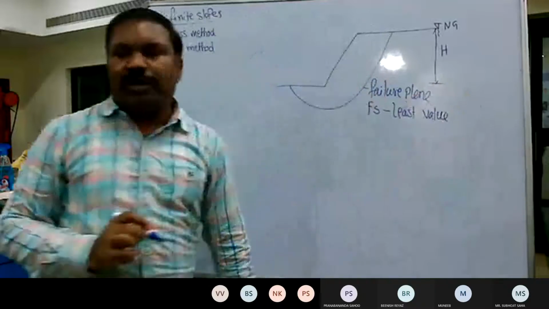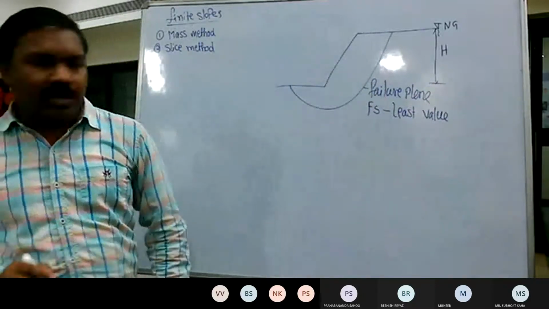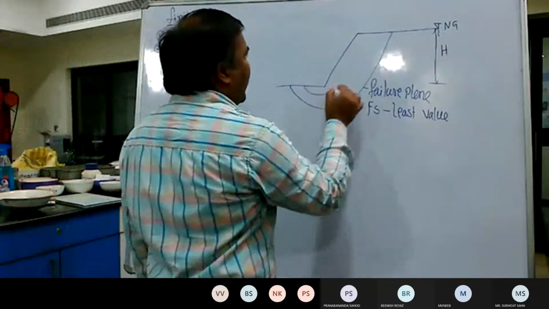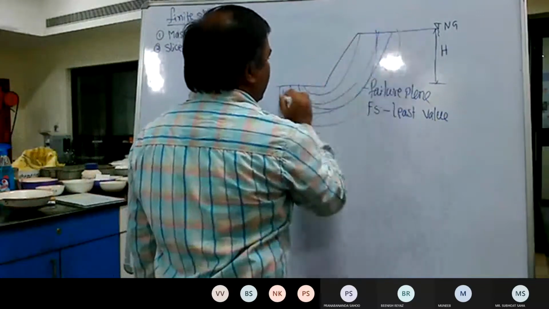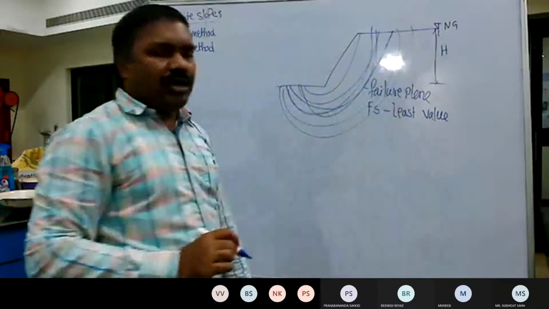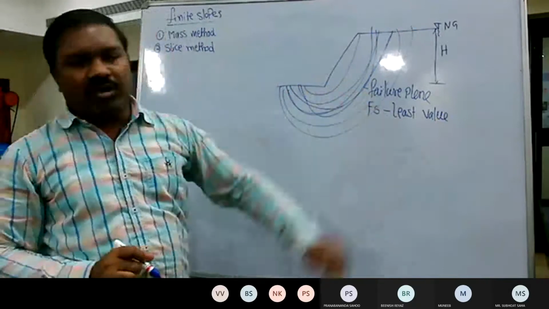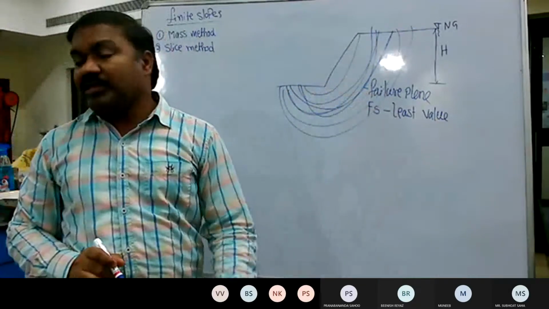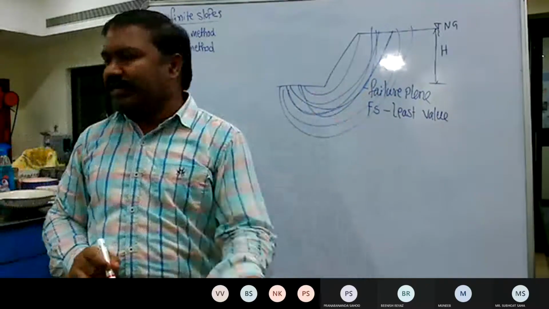Corresponding to which failure plane is there a possibility of the least factor of safety? Now, if you ask me, I can draw an infinite number of failure planes. If you are doing the mathematical calculation manually, which slope will you consider? It is impossible to identify for which slope your factor of safety value is least.